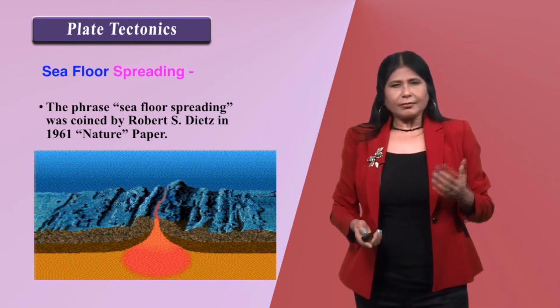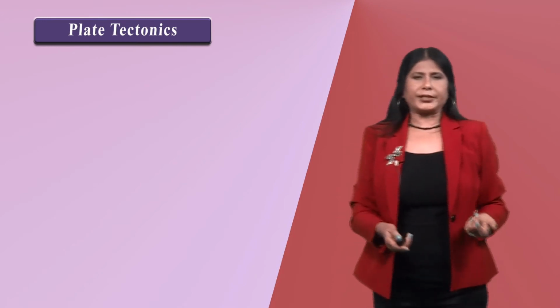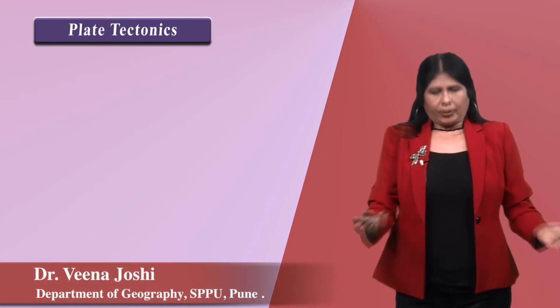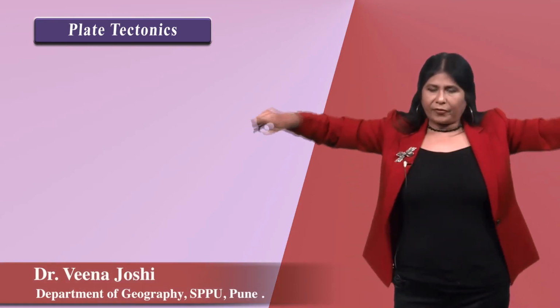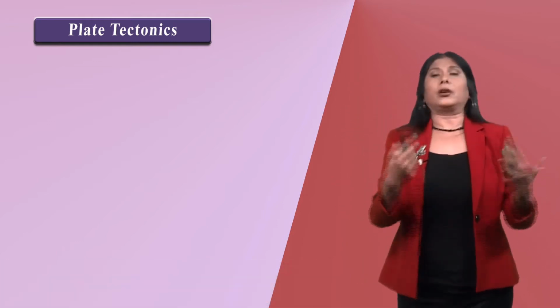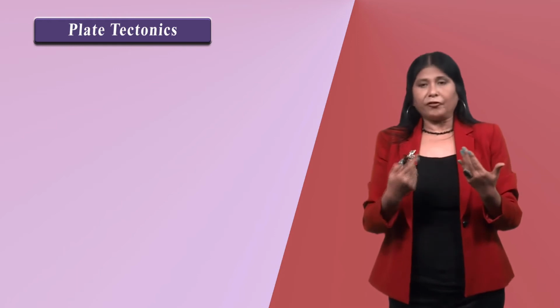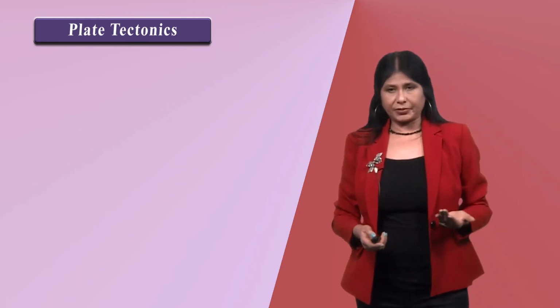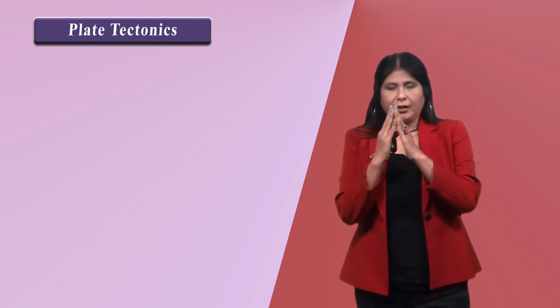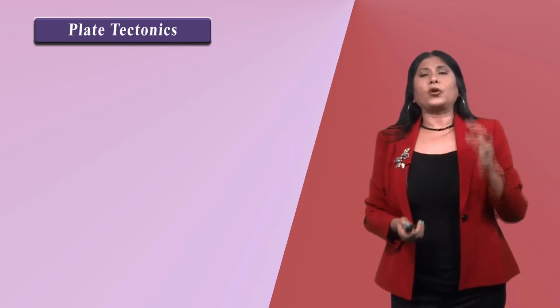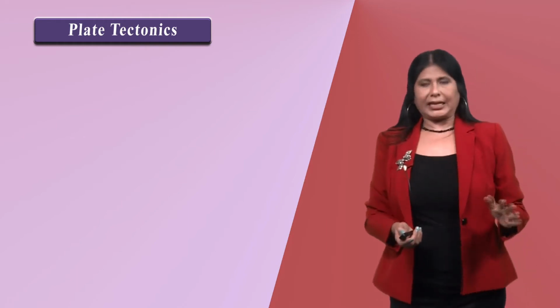So, this is a cartoon which shows that here the rock is formed. When the new lava comes, the rock has gone away from each other. So, negative and positive anomaly of the magnetic field is getting recorded, and this is exactly how it happens. When it is erupting, a positive stripe has gone farther and farther away. This is also the reason why the rock is youngest in the central part, and it